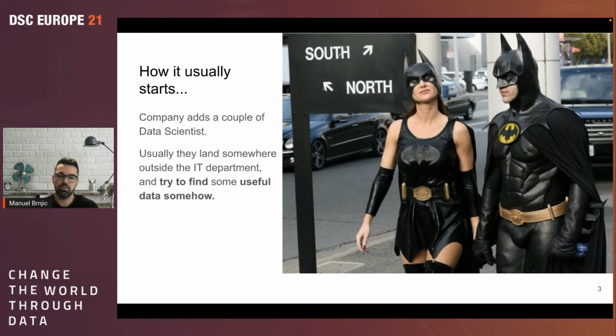Most of the time, the problem is that those people don't really know where to look, and they don't know what data sources they can really rely on. Sometimes you start using a data set and after a few months you stumble upon the fact that another data source would probably be the real source of the data, but you used, for example, a filtered view or something that is not meant to give you direct access to the database.